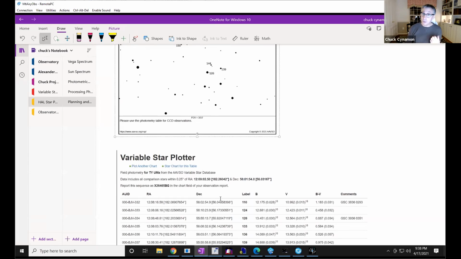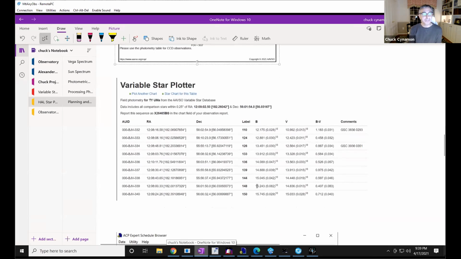The people there are really encouraging of amateurs. They will build star charts at your request for your scale, for stars of interest, and they will do it almost within a 24-hour period. So if you do take an image and you realize, crap, I have no comps or comparison stars, they will build you a star chart pretty quickly if you need it.